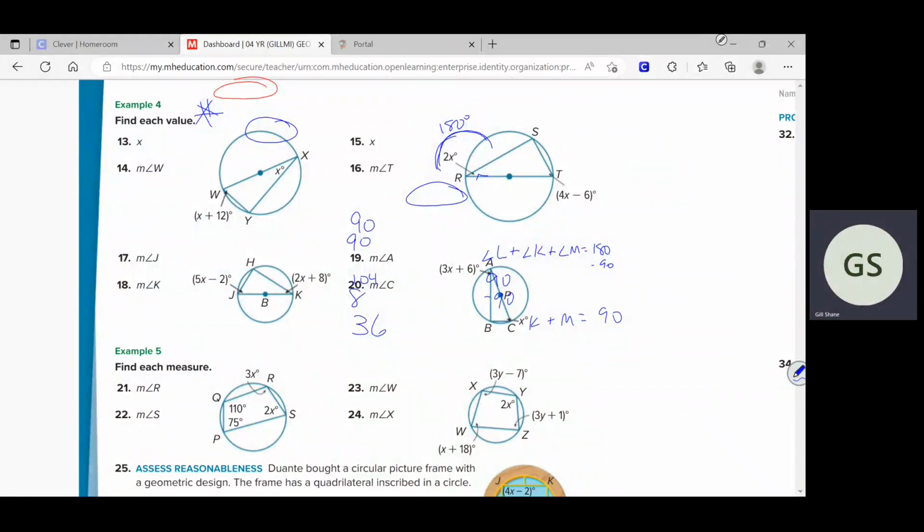All right, so here are your problems that you're responsible for. We might have some